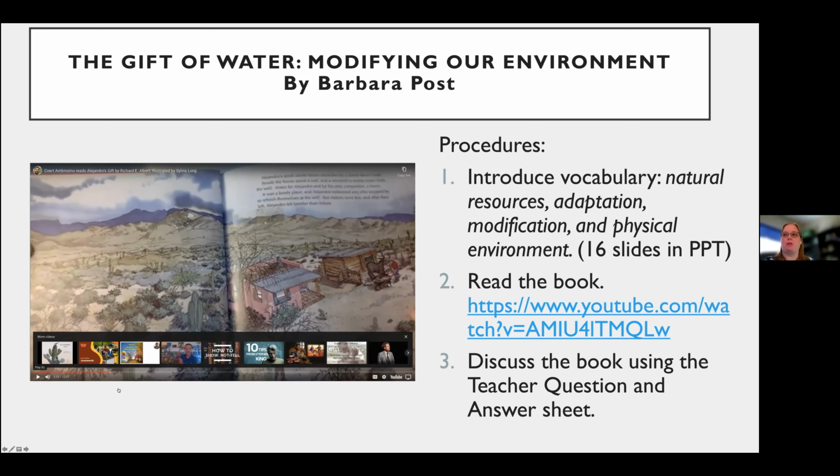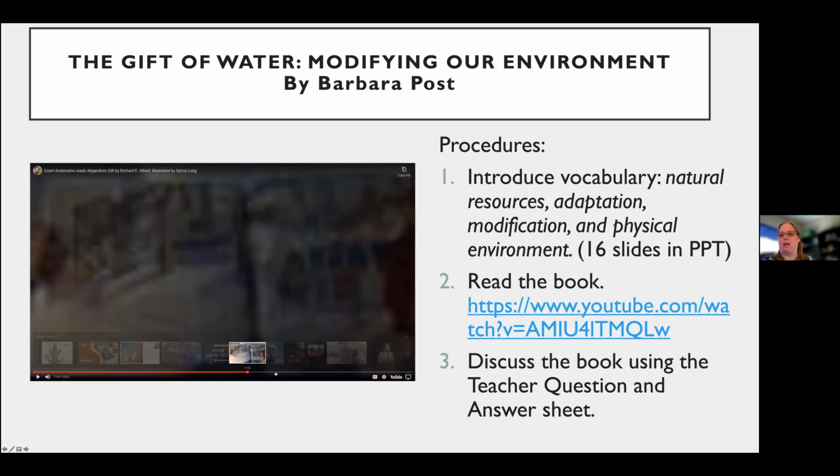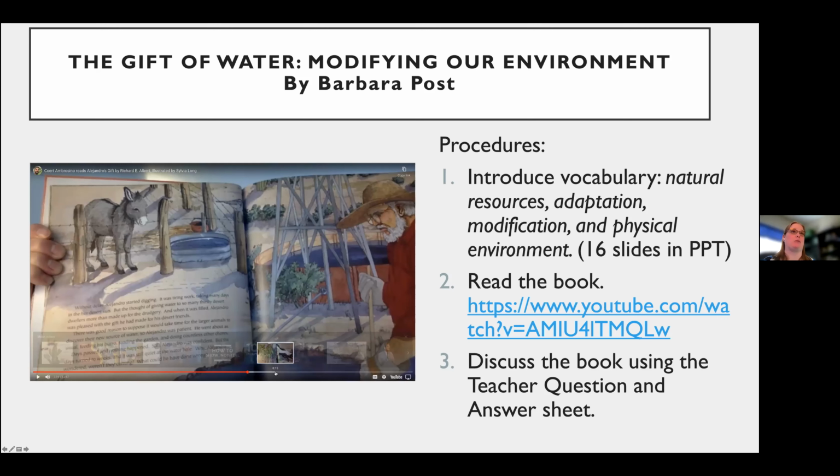So if you go through, you learn the story about he felt lonely after the people would leave after stopping for water. And he goes through and he plants this garden. And then a little squirrel comes along and starts to explore, and then gets a little water and runs away. And he's like, maybe I'm onto something here. I can look at this and figure it out. And then he builds this wonderful little area for all the animals to come to. But he realizes it's too close to his house, and they're scared to come there.